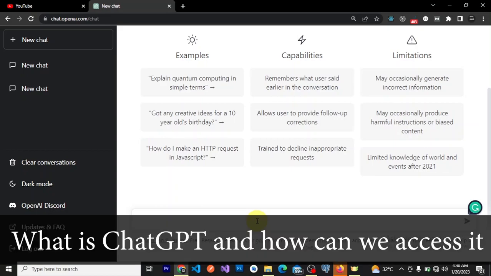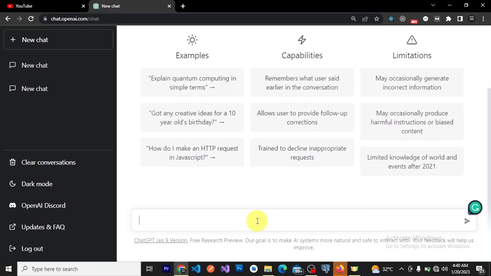So what is ChatGPT, and how can you access it? ChatGPT is a generative AI. What do you mean by generative AI? Generative AI is an AI that, just like its name implies, generates its own content. So instead of using already-made content, it generates its own content. It was developed by OpenAI in 2015 or so, by two guys, Sam Altman, if I'm right, and Elon